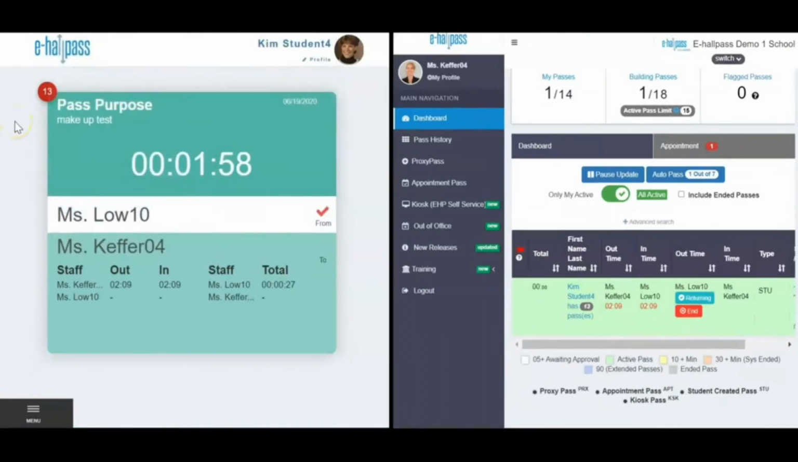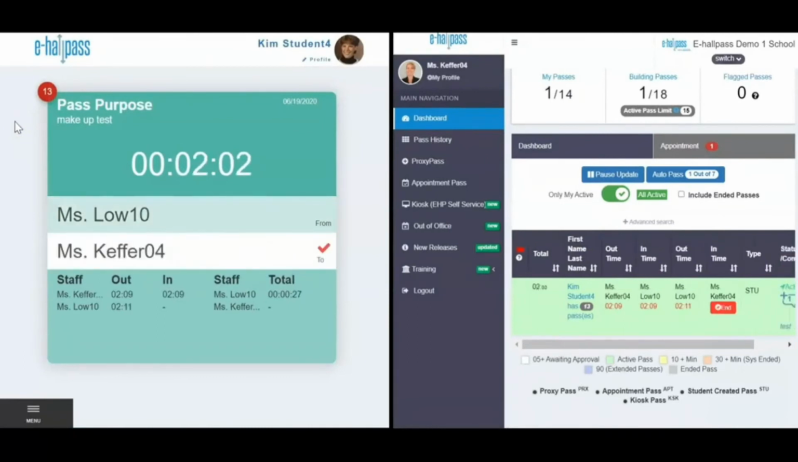When the student is done making up the test, Ms. Lowe can click returning to send the student back to Ms. Keffer. This documents the time the student leaves, and if Ms. Keffer is watching the e-Hallpass dashboard, she will see that the student is on his or her way back to